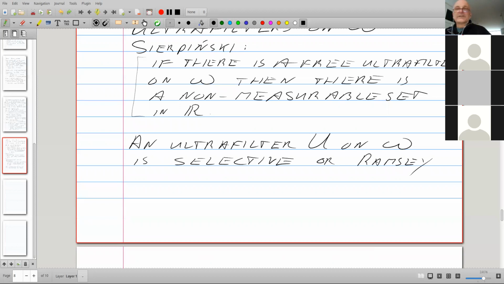We call an ultrafilter selective or a Ramsey ultrafilter if what?